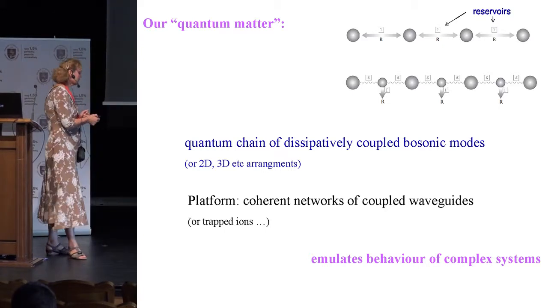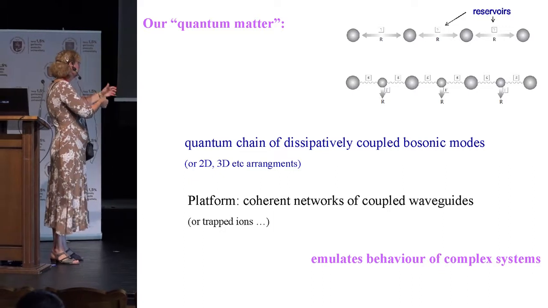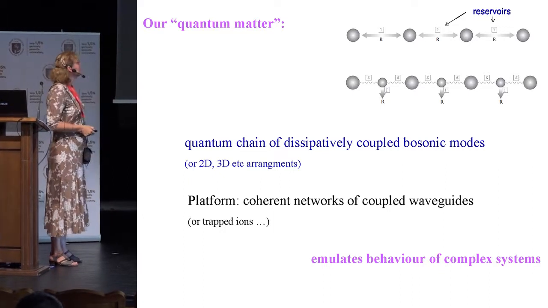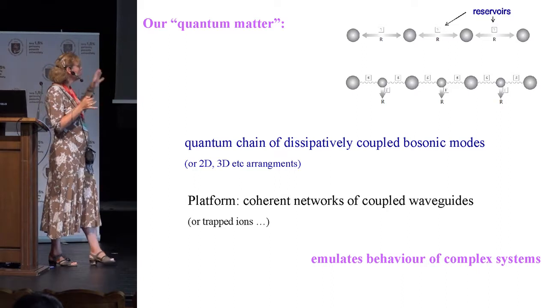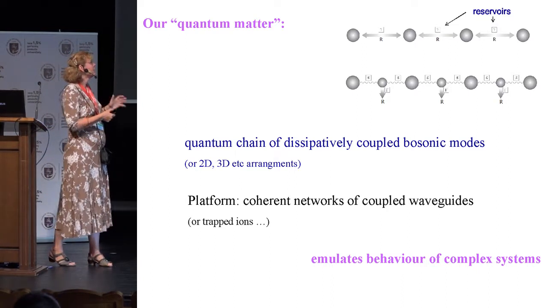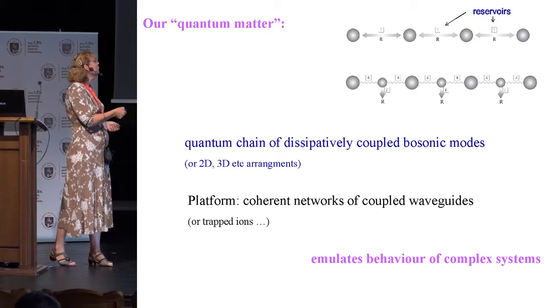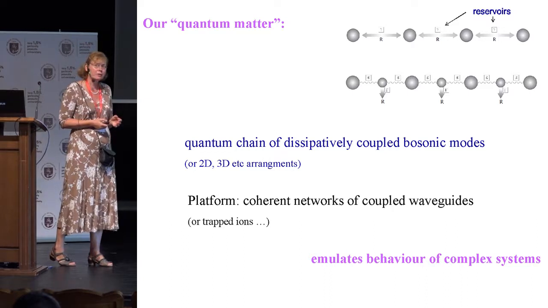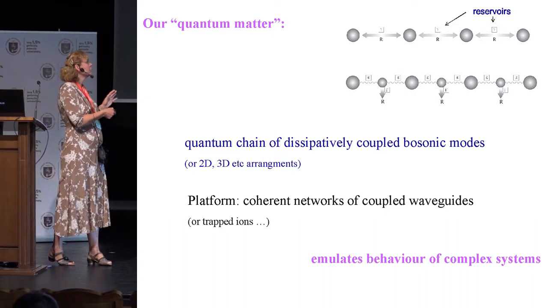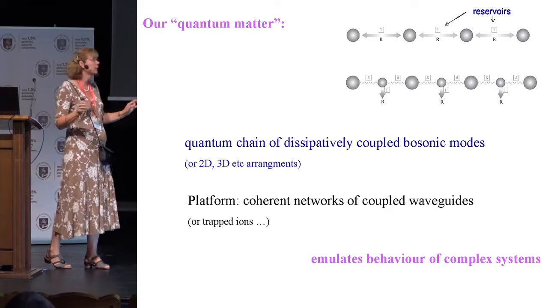So the main part of the theory is that my quantum matter is the quantum chain of optical modes. So basically, it's the same idea as we have a quantum spin chain, and we had an earlier work where we had spin 1/2 systems coupled in this way, but now I really look at bosonic modes, so just you can think about a chain of optical waveguides.